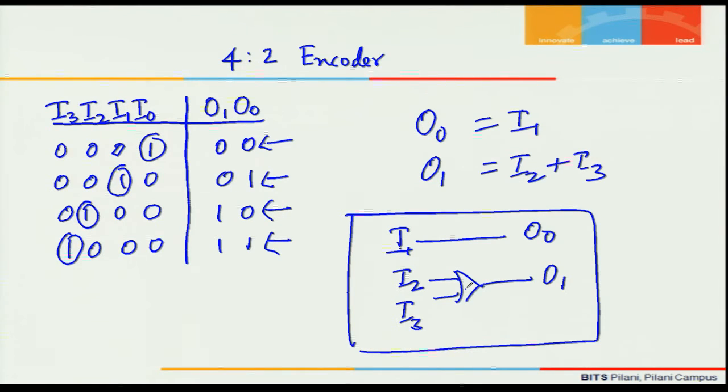One of the drawbacks of this circuit is, while designing this, it is assumed that at any given point of time only one of the inputs will be true, as well as at least one of the inputs should be true. So if none of the inputs are true, or if more than one input is true, we will not be able to detect the corresponding output pattern for that. So to solve this, we use what is called a priority encoder.